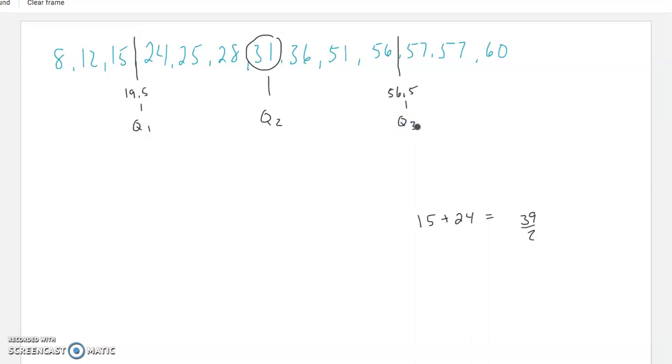Okay, so the only thing we're doing today is we're finding the range of a data set, and we are finding the quartiles. And that's it. We don't have to interpret them. We don't have to do anything else with them. We just have to find the quartiles. And that's it. All right, so